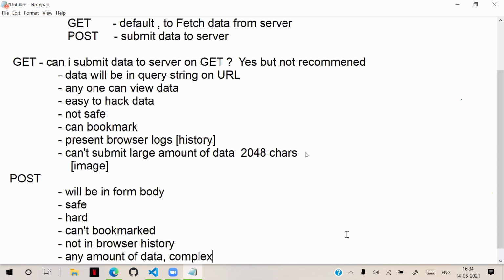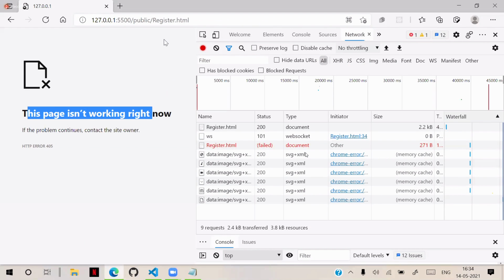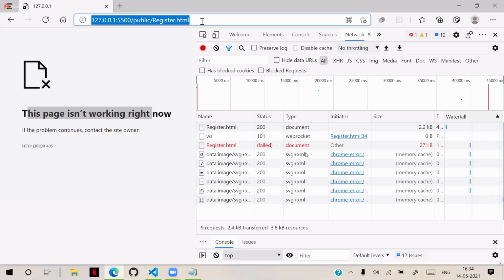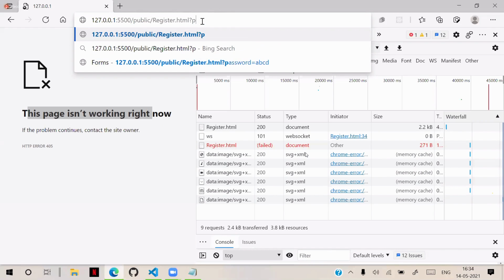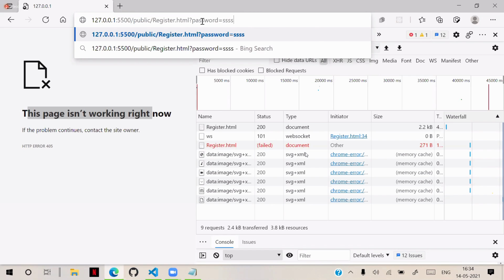And when you are submitting, then we have to use the POST request. Query string, I already told you, right? In the URL, when we submitted, you saw the URL, with a question mark, password equal to something, name equal to something.